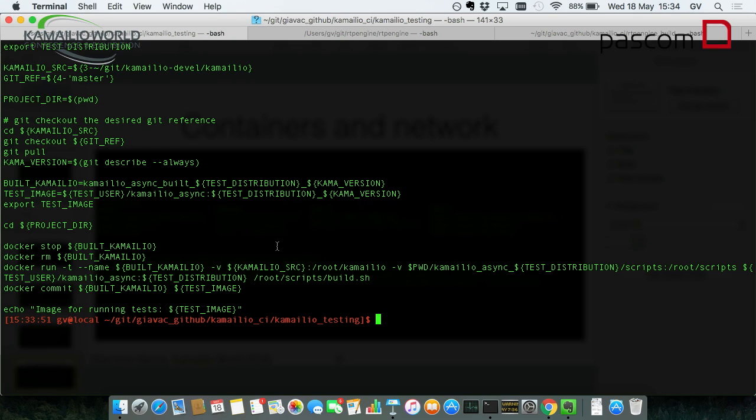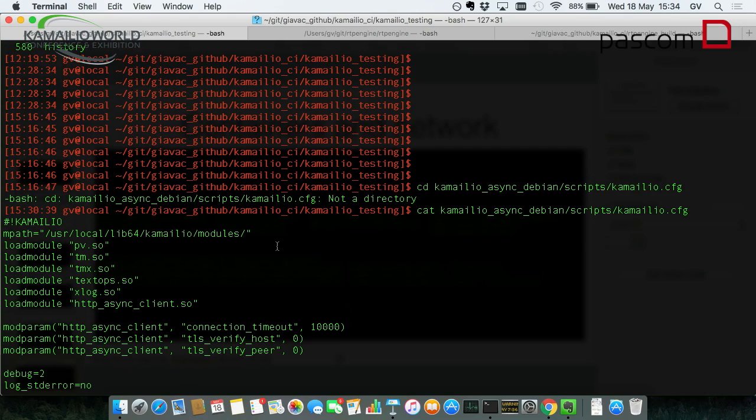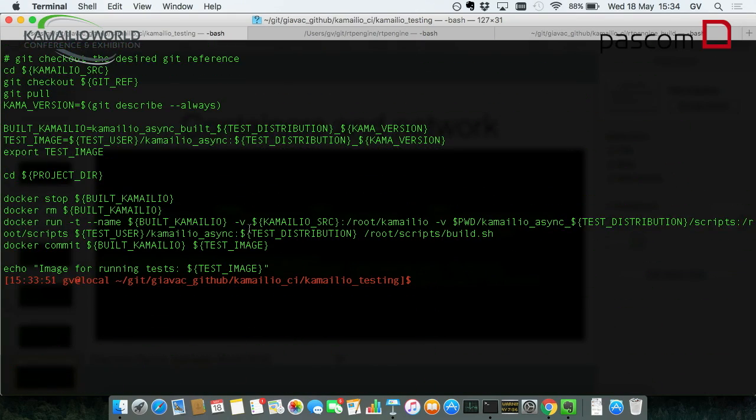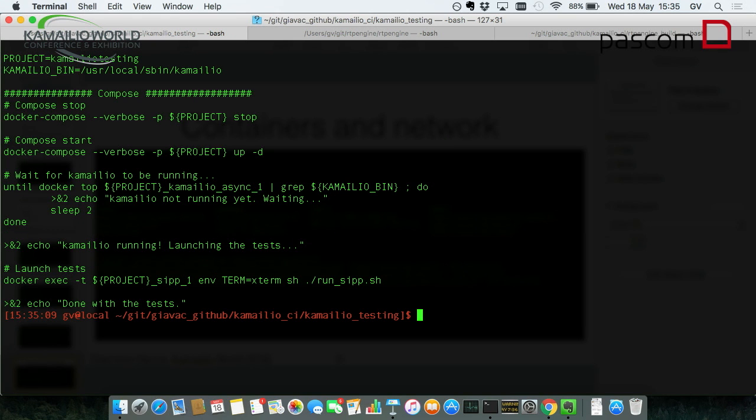And then simply we do a Docker run with a name for the final artifact, passing the source code, passing the volumes with the script, and the build script. Afterwards, what we do is we commit the container, and basically we create a Docker image from a running container, so that we can reuse it later in the launch tests script,